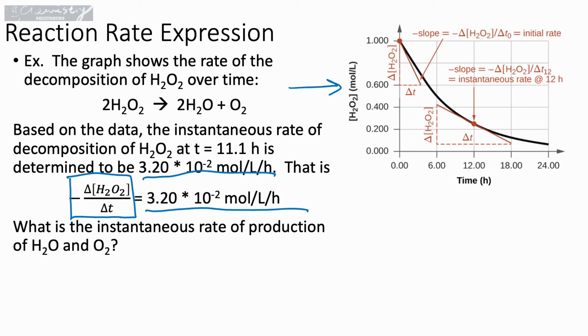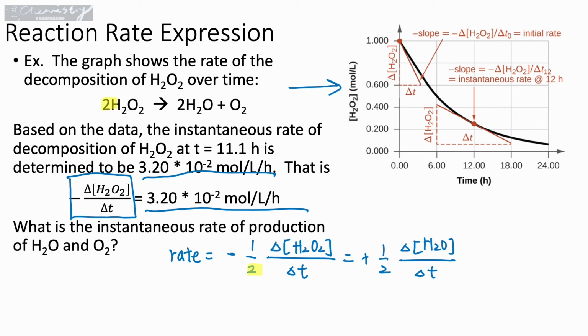Looking at this one, we can start by writing the rate expression. The rate is going to equal negative 1/2 of the change of concentration of hydrogen peroxide over a given period of time, and this 2 comes from here. The negative is because it is a reactant and therefore its concentration is decreasing. And this is equal to positive 1/2 of the change in concentration of H2O over a given period of time. Again, the 1/2 comes from the fact that we have a coefficient of 2, and it's positive because H2O is being